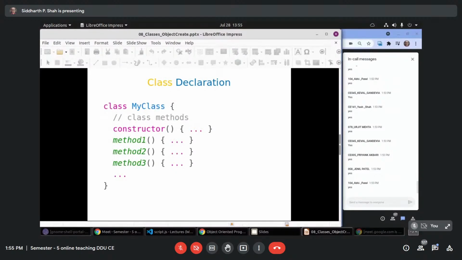Very simple. The class keyword followed by a name, and curly braces form the body of that class, which contains a special method called constructor and other methods. This is the basic structure of any class declaration.